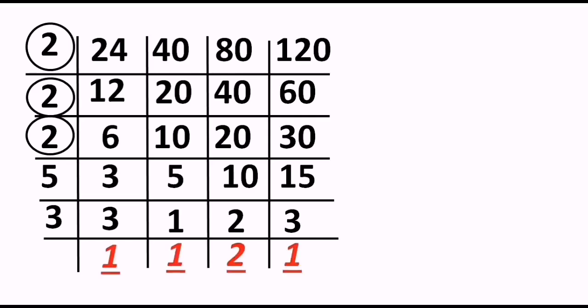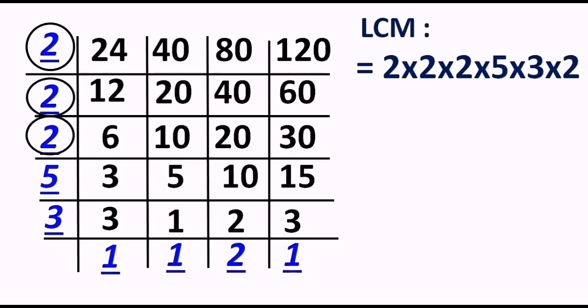So what are we left with? We are left with these numbers which are not divisible by any 2 of the numbers, and hence all these corner numbers, the bottom layer and the extreme left side, are going to make our LCM, right? So all these numbers: 2 three times, that is 2 times 2 times 2, and then 5 and 3. I have skipped 1, 1, 1 because, the way I told you, in multiplication any number multiplied by 1 gives the same answer, so you can skip it. The moment you multiply all these numbers, we get the answer 240, and that is what our LCM is, right?